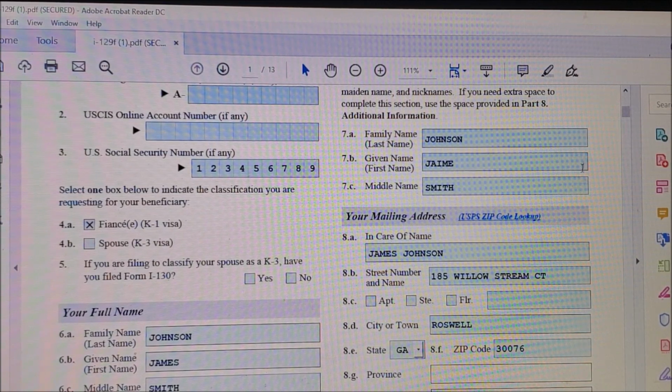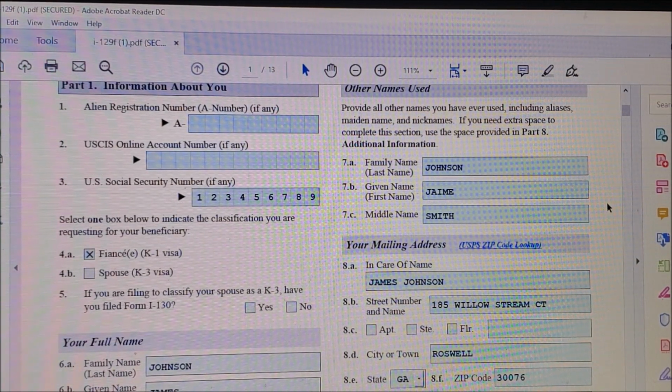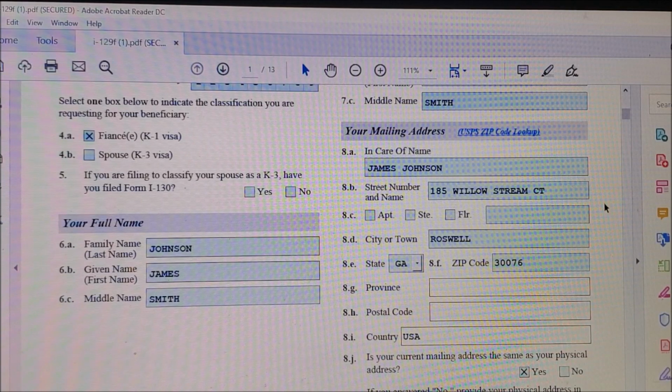If you have another name, just fill out this question, and please include supporting documents for your other name, like a birth certificate, something like that, okay? And then the mailing address of the petitioner, make sure the mailing address is complete. Okay, in care of name, you can put the name of the petitioner here, then the street, apartment, suite, floor,